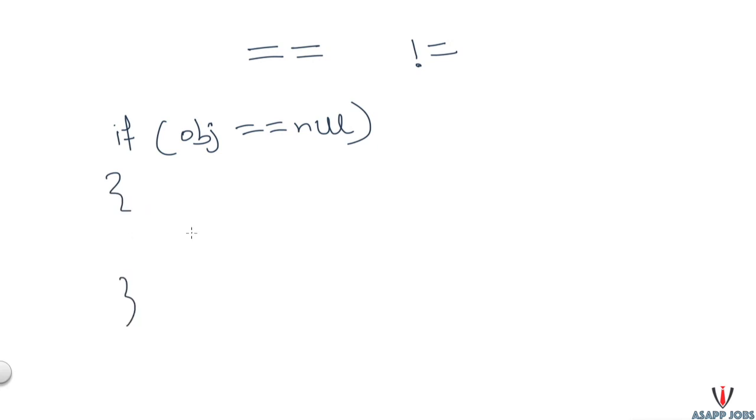Usually, we can see an if statement combined with the equal operator and the not equal operator to check if an object reference is null or not. Right? So you might have seen this kind of if condition where we check our object. If it is null, then we might return from here, or we might initialize some value to this object. On the other side, we might have seen this case as well, where if the object is not null,